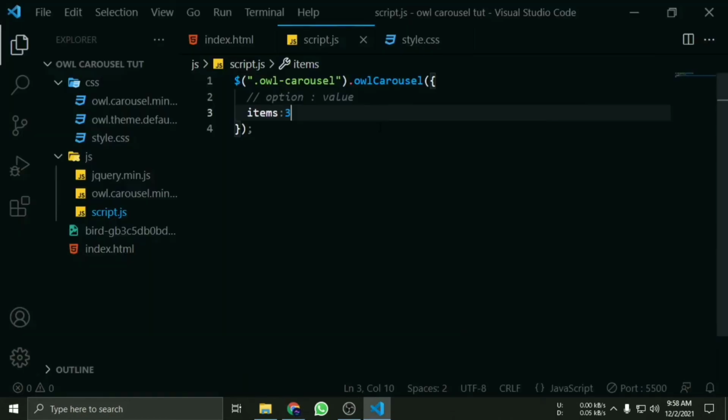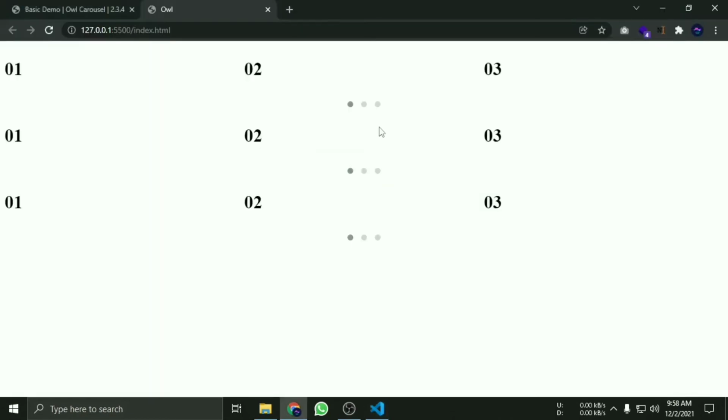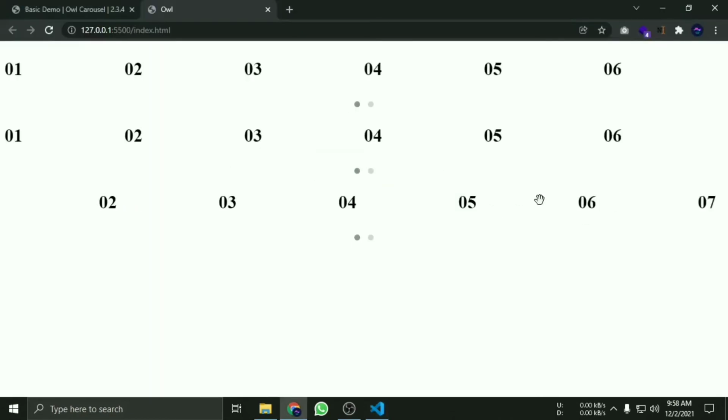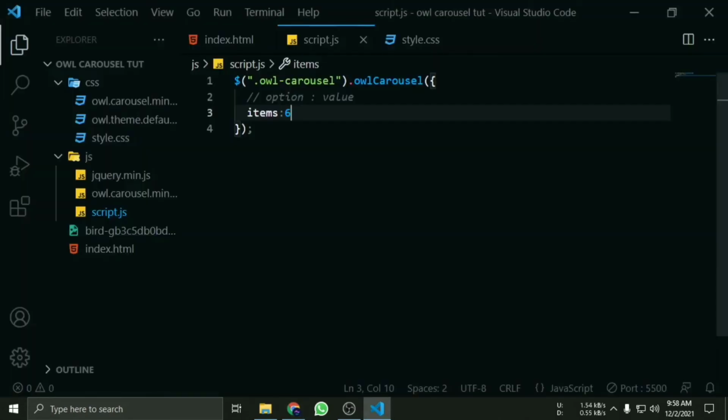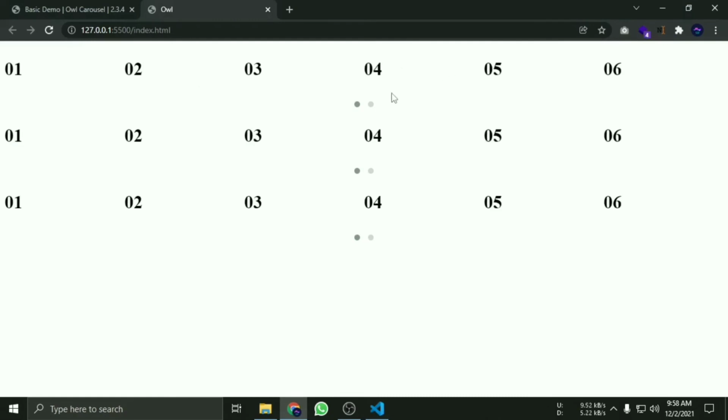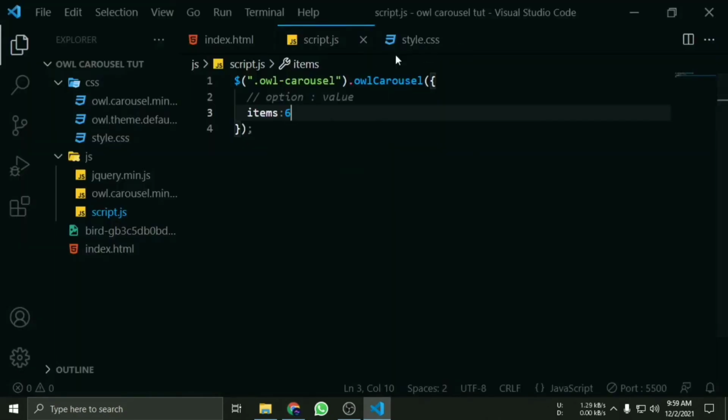If I add items: 6, then I get 6 items in every carousel. But if I want 2 slides in the first, 3 slides in the second, like that, then I can't do it.